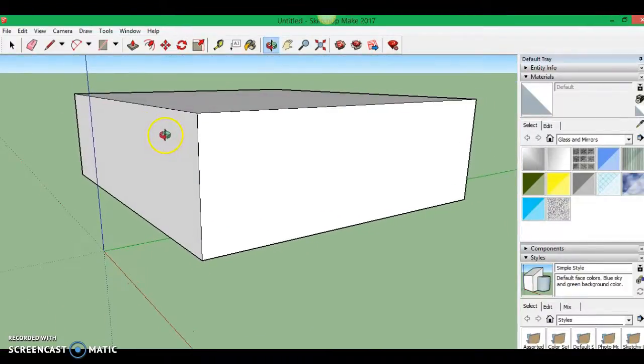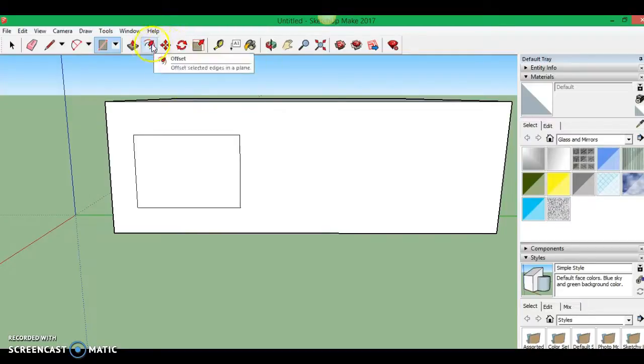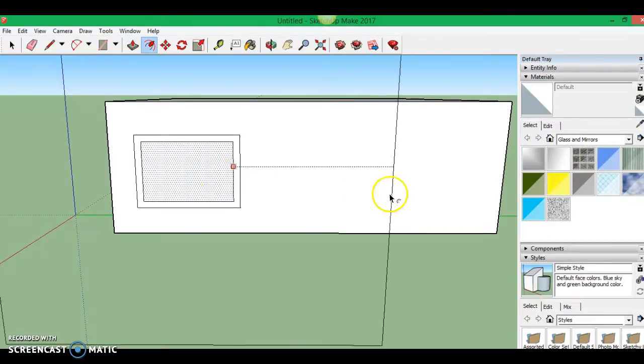So I'm going to click here so I can get a better view of what I'm looking at. And now I'm going to turn to the front and add some windows. So I click on the rectangle button again, and I'm just going to make another rectangle. There's a tool called the offset tool. The offset tool allows you to make kind of like a border. So I'm going to put one right there. And then if I come over to the side, I can click glass and mirrors. And if I select this pane right here,